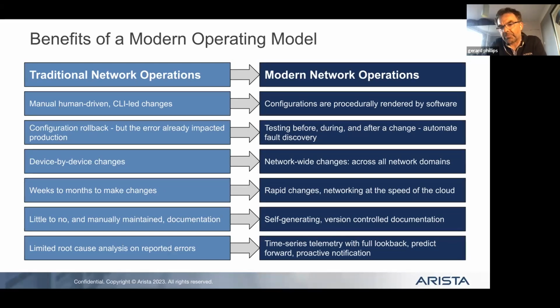If you move to a modern set of workflows, you've built the ability to revision control your source and your destination code. So rolling back becomes very simple, and some of the other tools available will assist you in that. Much more tricky to do if you've got a switch by switch CLI workflow. So as I say, we're moving away from this device by device change. We're moving towards more network wide changes.